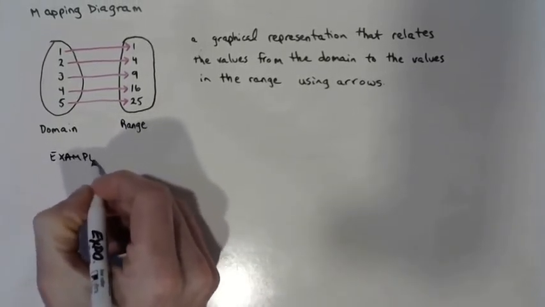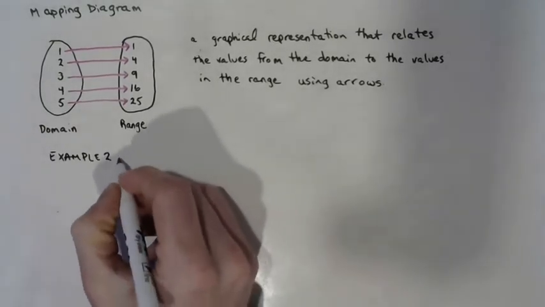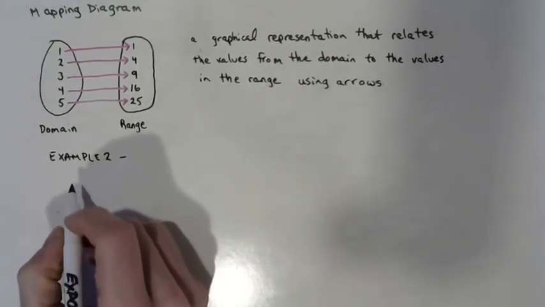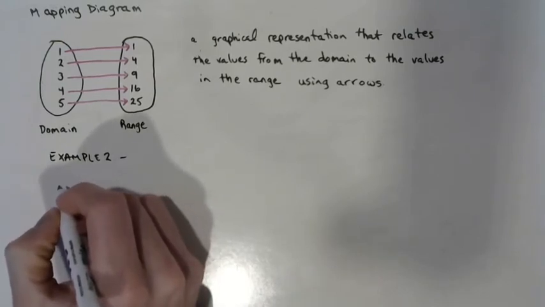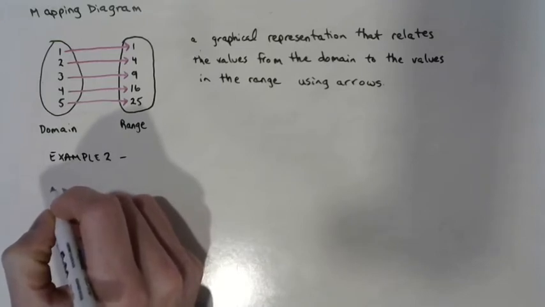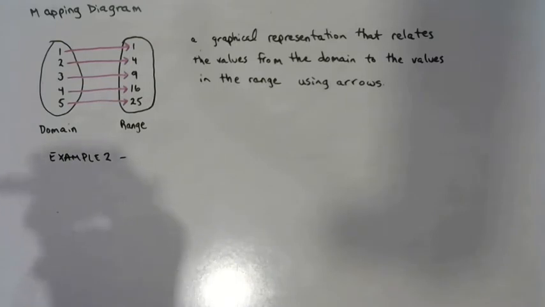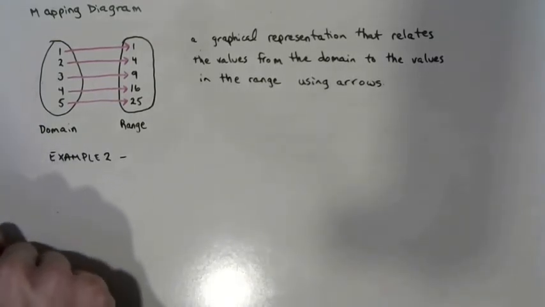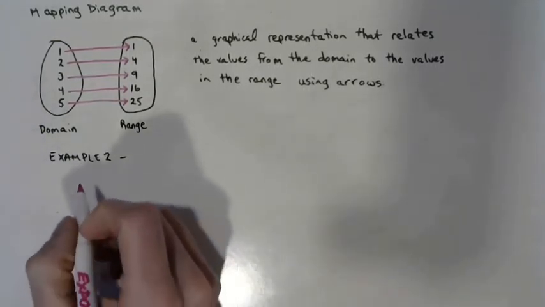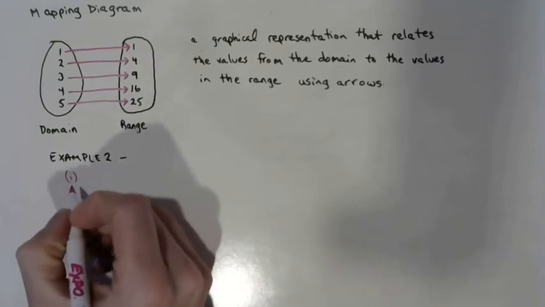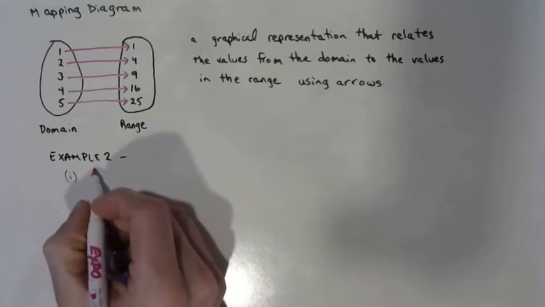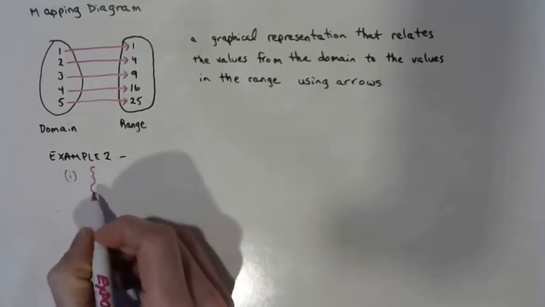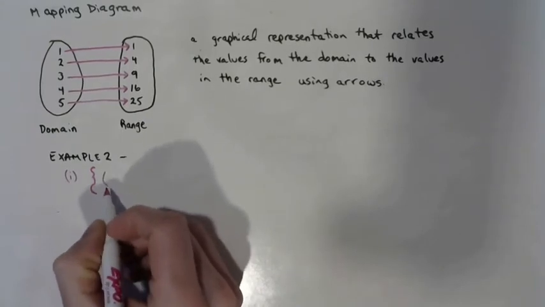Example 2. Interpreting mapping diagrams. We're going to use the mapping diagram to first write a set of ordered pairs for the relation, and then state if the relation is a function, okay? So you have a drawing in your notebook, so I'm not going to draw mine, but we're going to just write the answer. First, the set of ordered pairs. Remember, set notation opens with a squiggly bracket,